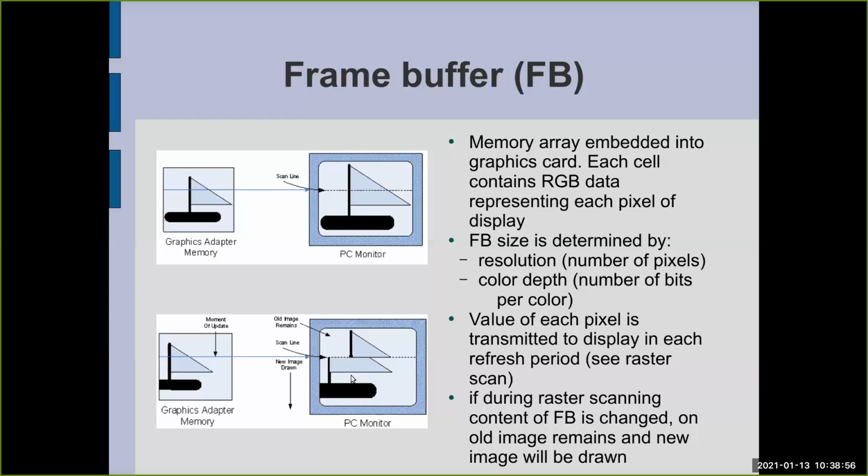So in this synchronization cycle, one part of the image belongs to the older frame, and the latter part of the image belongs to the new frame. Of course, it happens in one synchronization cycle. So in the next cycle, everything will be okay, but